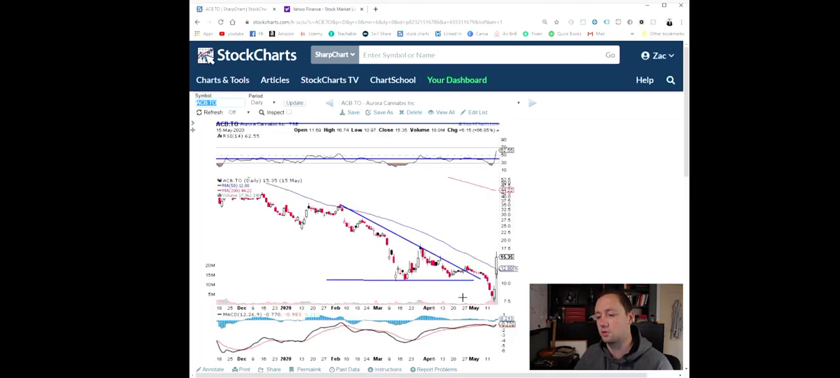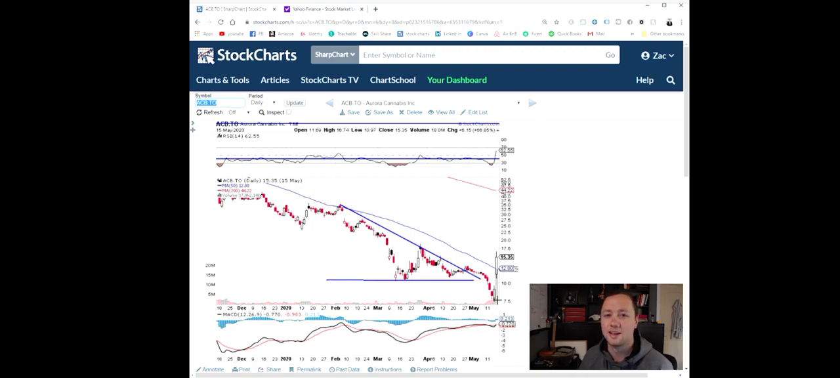Okay, Aurora Cannabis. This one was really interesting. This is the cannabis industry. It has been plummeting for the last year and a half. Comes all the way down. I thought we were going to see a descending triangle happening right here. Turns out that wasn't the case. It continued for another 5 or 6 days to just trade horizontally,